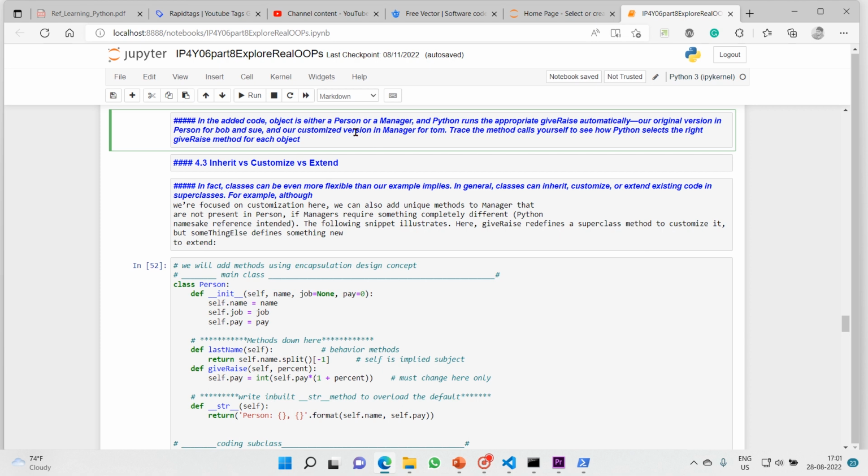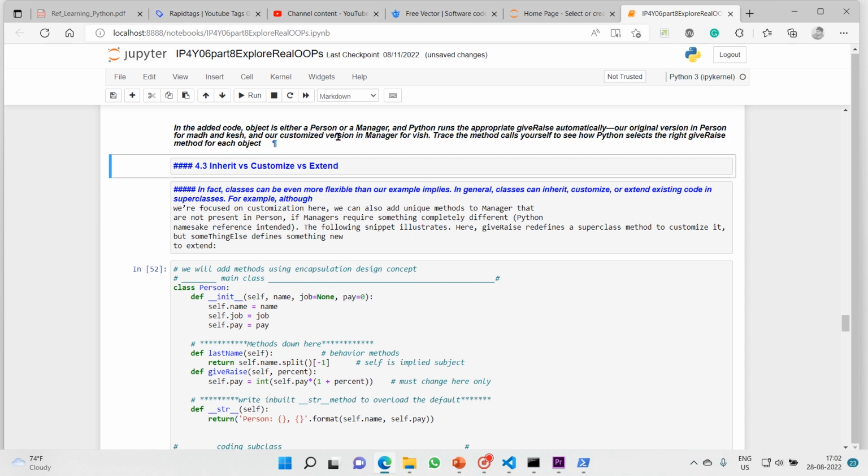Our original version in person for both objects, that is Madh and Kesh, and our customized version in manager, that is wish. And trace the method calls yourself to see how Python selects the right give rise method for each object. So this kind of behavior of Python is known as polymorphism.